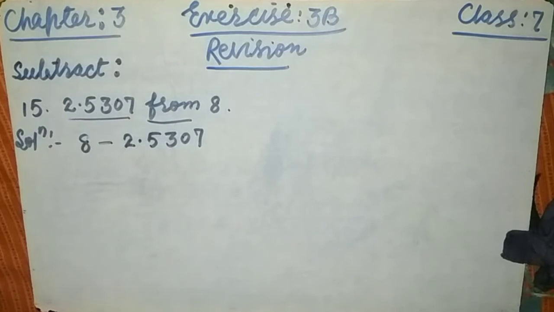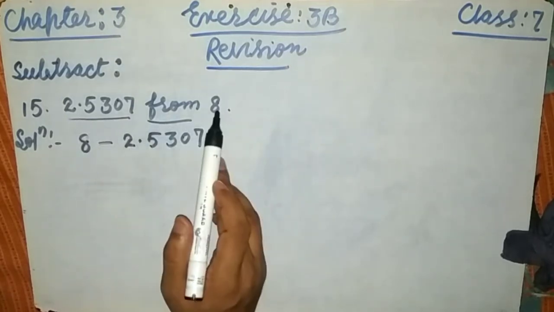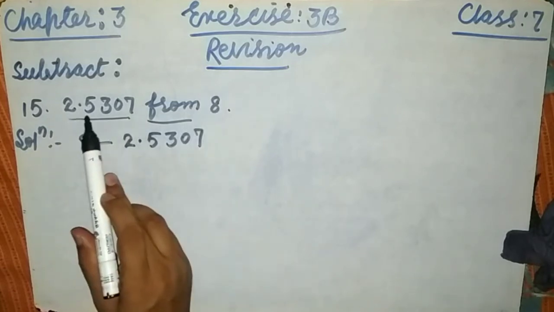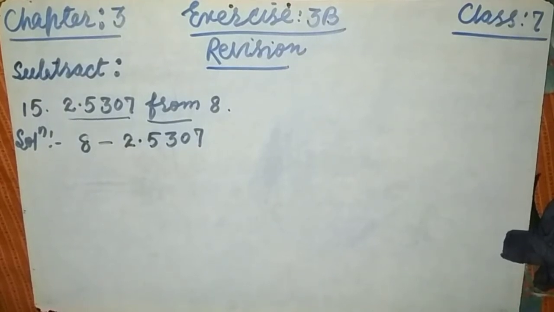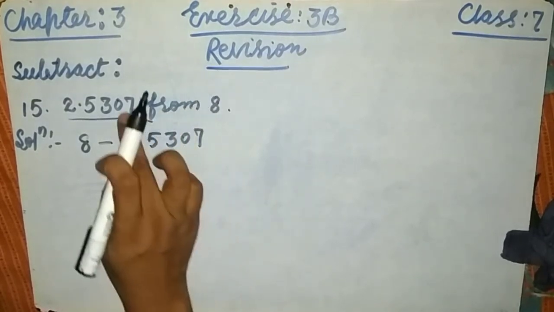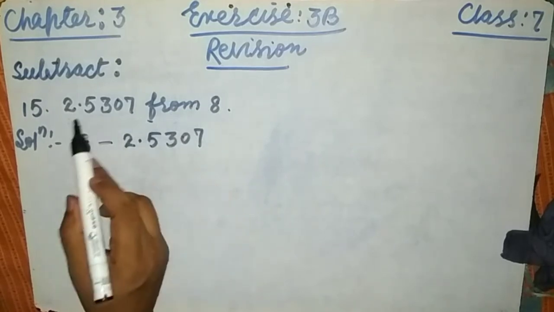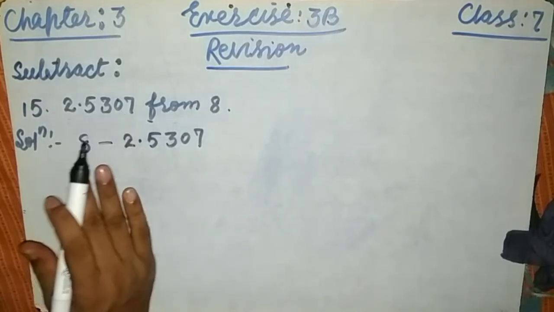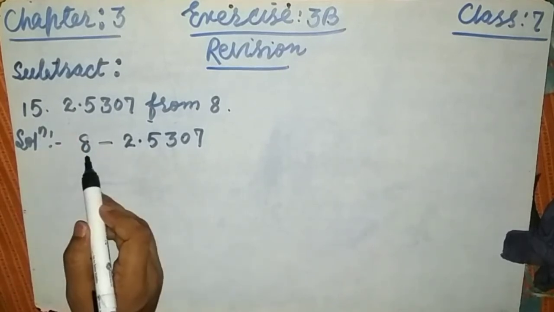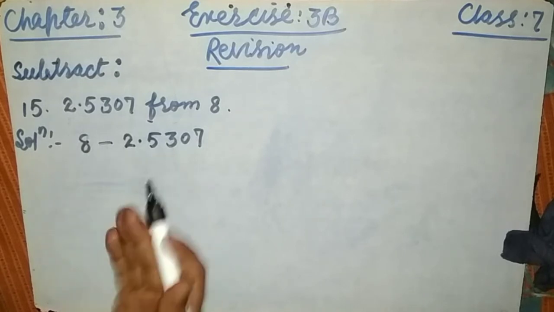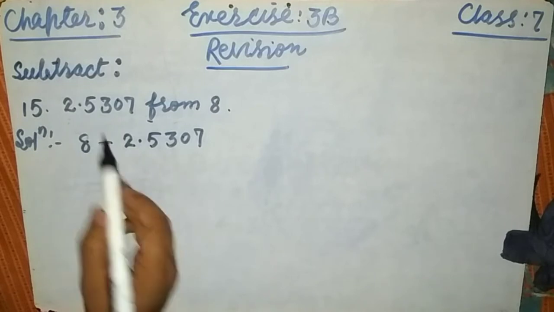Because in English it is just the reverse of Hindi. When we translate, 8 से 0.5307 घटाइए, 8 से घटाइए. Translate हमेशा उल्टा होता है, इंग्लिश में उल्टा लिखता है. 8 से 0.5307 को सब्ट्रैक्ट कीजिए, इसका हिंदी ये हुआ. तो 8 को पॉजिटिव लेंगे और माइनस का साइन देंगे और फिर इसे लिखेंगे. This is why, यही रीजन है कि इसको पहले लिखते हैं 8, फिर माइनस का साइन, फिर ये.